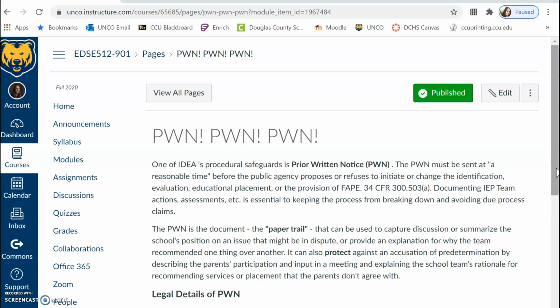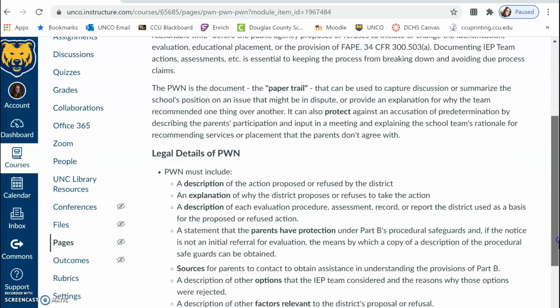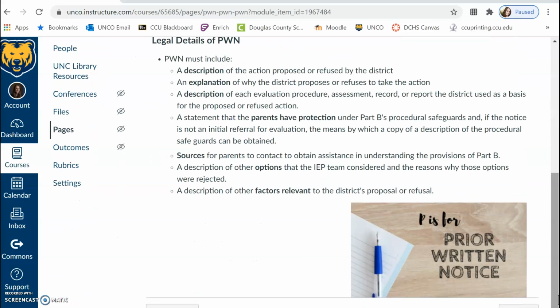So prior written notice is basically a form that must be filled out, and documentation must be provided, if an action is going to be taken by the school district. For instance, if a student was offered in-person school attendance, but the family determined, due to health concerns or other reasons, that the student would be doing fully remote learning, then a prior written notice document must be provided to the family explaining